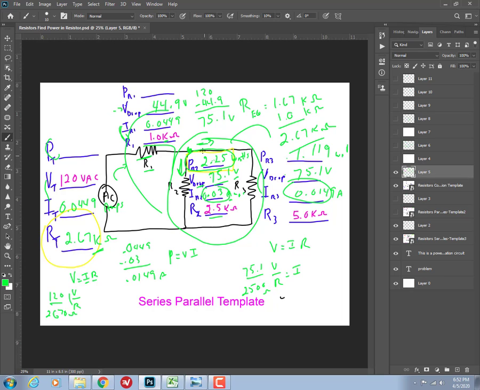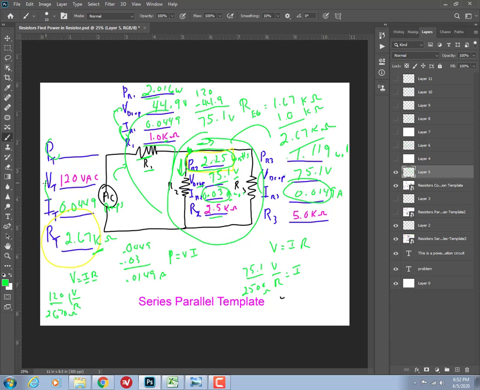We know what this power is. Now let's do this power. Again, power equals volts times amps. 44.9 times 0.0449 equals 2.016 watts. Now if we add those up,